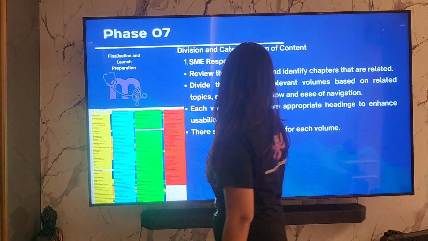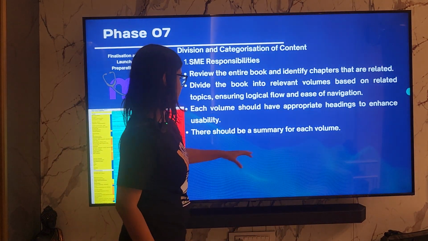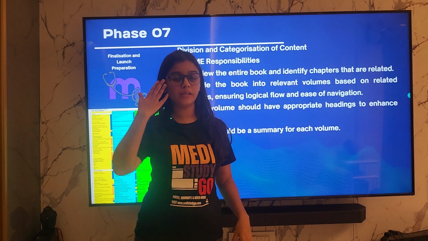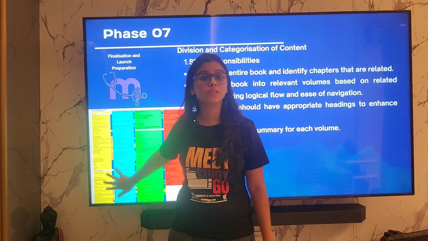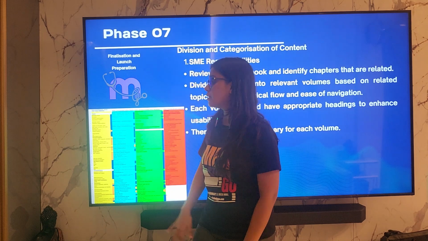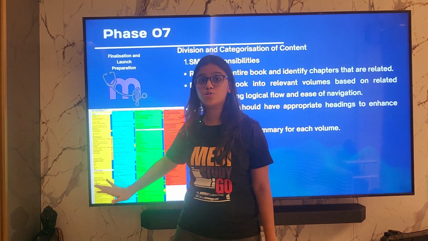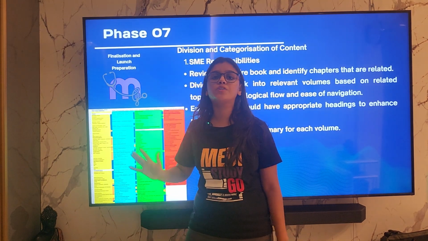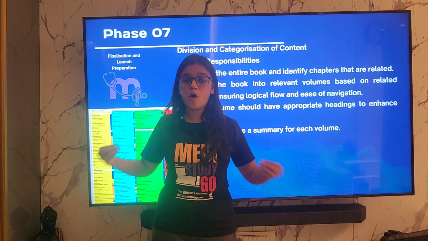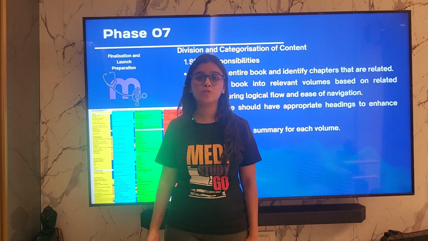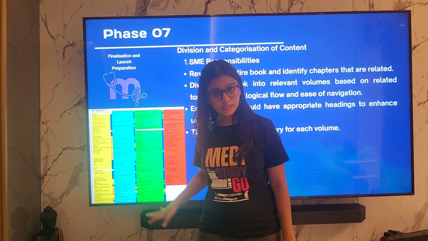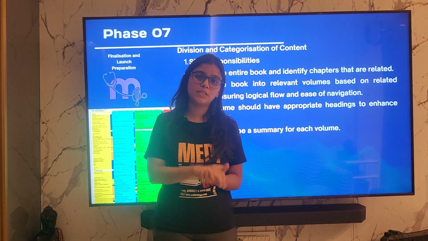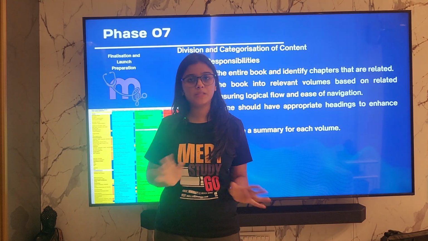Okay, and there should be a summary for each volume, like the indexing basically is what needs to be decided, because this is exactly what we are going to use in the index. Which means that in the beginning only, on your Excel sheet, you should name the topics according to what you want on your index, right? If you write long topics, it's not possible for us to put it on the index. So indexing has to be decided at this stage. You should go through the index, you should see whether the flow of the topics is making sense.